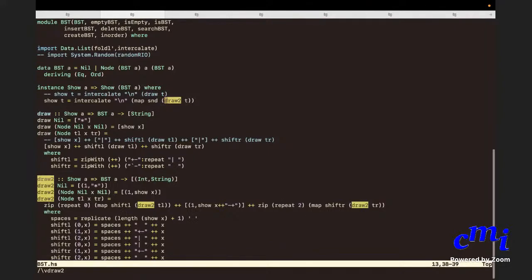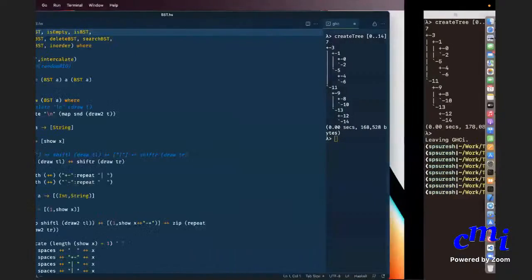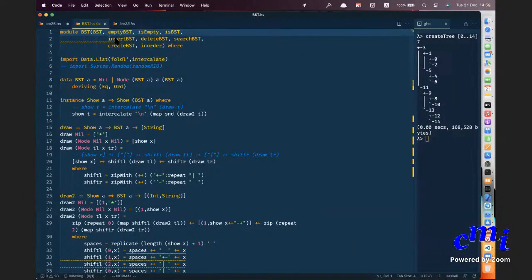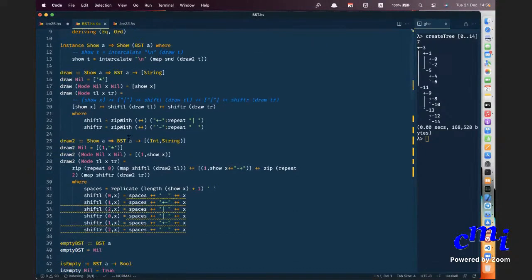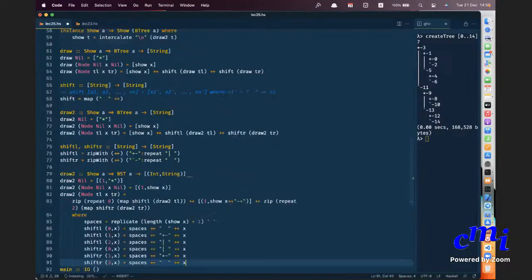Okay, good. So let me try to copy this. Oh, and notice how I've also made this into a module. You can do it just like you did with stack, etc., as a module. We'll look at the search tree part of it, why I'm calling it search tree, in a bit. But let's copy this. Call it draw3.